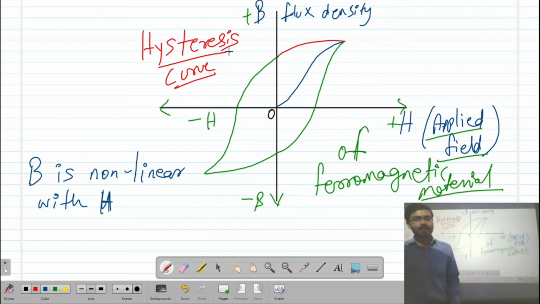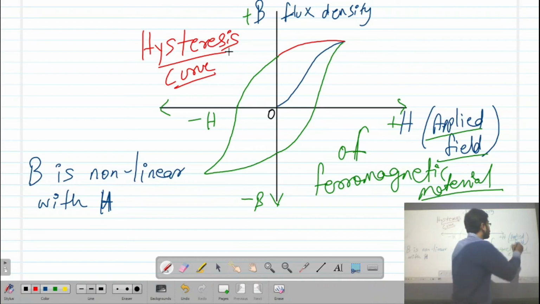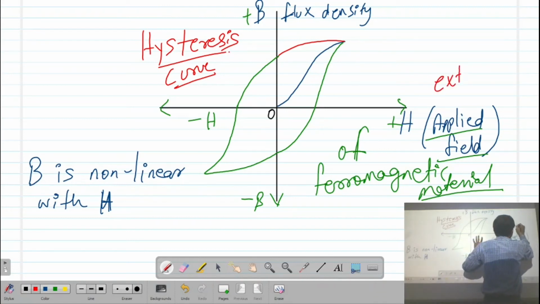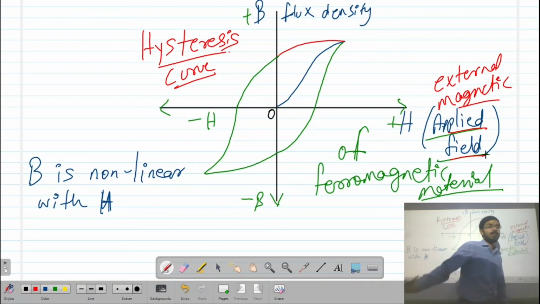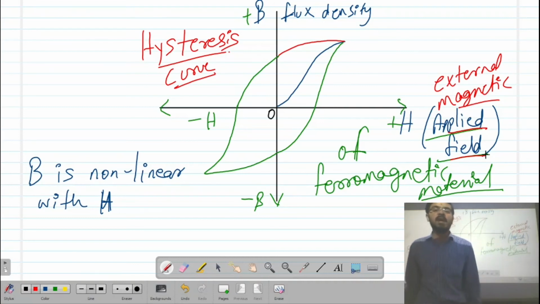We will discuss the hysteresis curve in detail in the further topics, but we just want to see the relation between the external applied magnetic field and the induced flux density inside ferromagnetic materials.